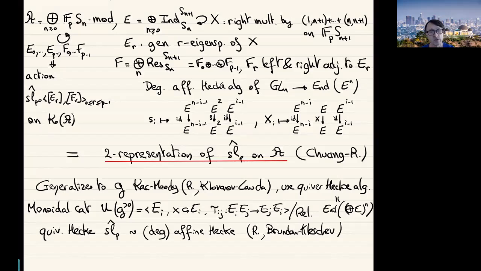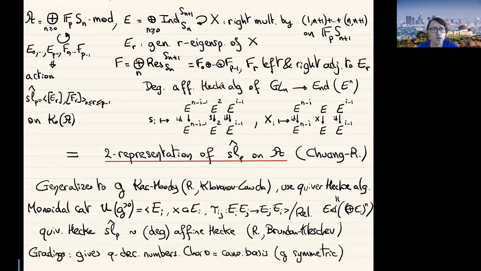that were constructed by Cherednik, Drinfeld, and Lusztig involving affine and degenerate affine Hecke algebras. So you have relatively simple explicit isomorphisms. And one thing, for example, that you can use is that these quiver Hecke algebras are graded. So you get some gradings on group algebras of symmetric groups, and that gives you some version of q-decomposition